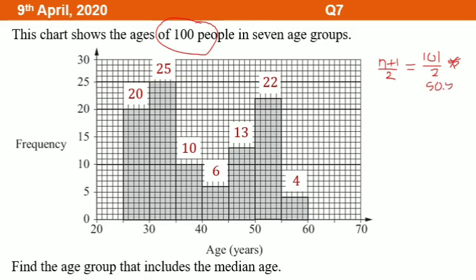So now let us find the total people first on the bar graph in here. Start from 20 and then until here 20 plus 25 will be 45 people already. Until here it will be 55 people already, and we are going to find the people at 50.5. So in this place, right, because until this place it will be only 45 people, but in here will be 46 and also until the 55 people. So the median age will be in between 30 until 40.